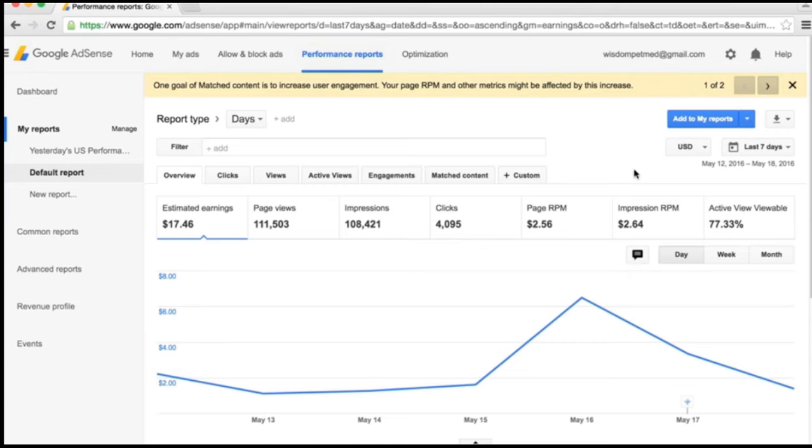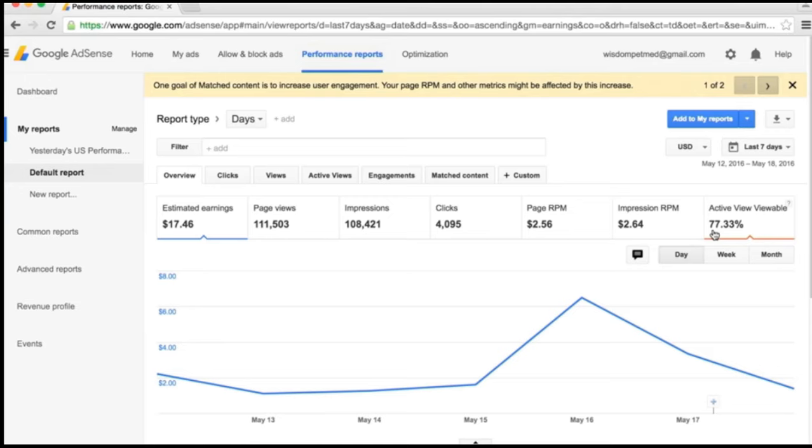Now, this is a really important metric because it deals with where you're placing the ads on your website. If all of your ads are towards the bottom of your website and most users never scroll that far down, then you're going to have a very low percentage of active view viewable, which means that a very low percentage of users that access your website are actually seeing the advertisement, which is going to result in fewer clicks and less revenue. So we can see that for our sample data, about 77% of our ads are actively viewable, which